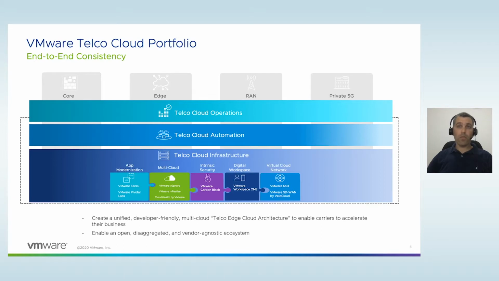Going forward into the automation layer, which allows us to reduce our operational expense by delivering automation that can create repeatable automation to support the 5G use cases, as we will touch on during this session. And on top of that, we have a specific product line, Telco Cloud Operations, which allows us to serve over-the-top value on top of the infrastructure and the automation, mainly around the optimization and the assurance functionality.